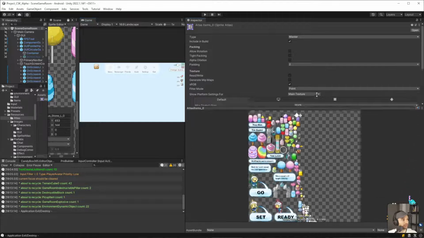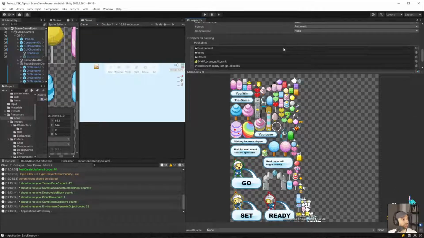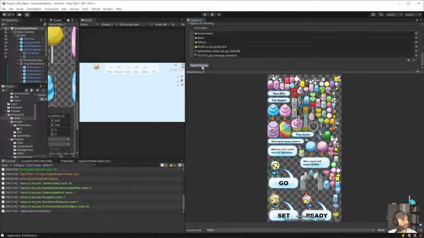So we changed that graphic, right? So it should be populated into the atlas when we say pack preview. And it rebuilt it, but there it is. Okay, so there's 1.